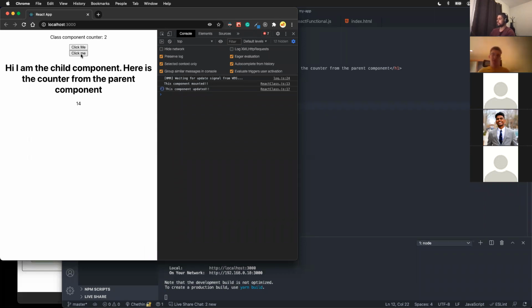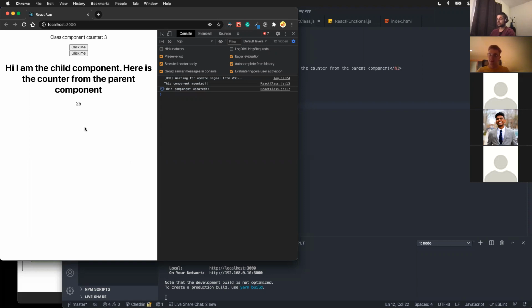So now we have the ability to create functional components, update the state, and also pass that state into other components. And I use this all the time. And the reason is that it allows a lot of flexibility, right? Let's say, for example, let's give another example right here. I want to have a text component, right? And this text component, let's say, has a bunch of styles with it. So const text is equal to this, return